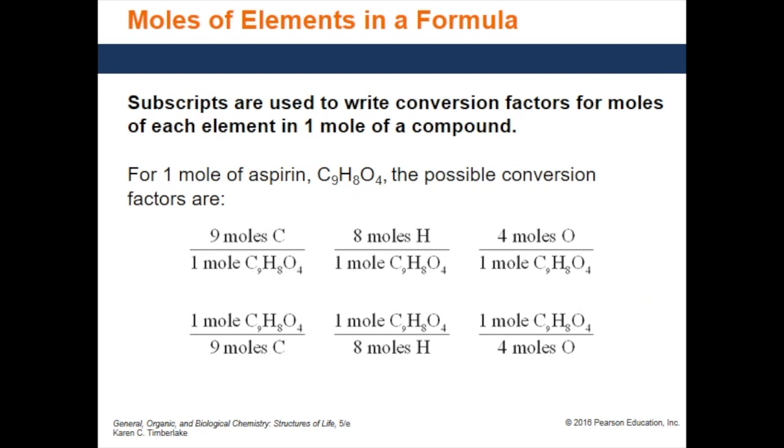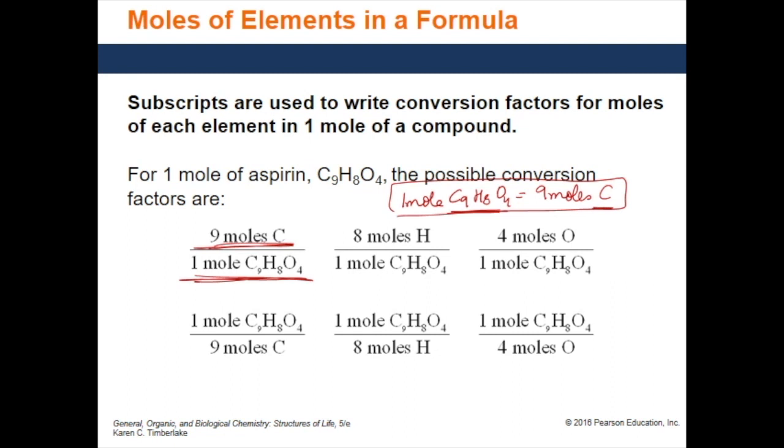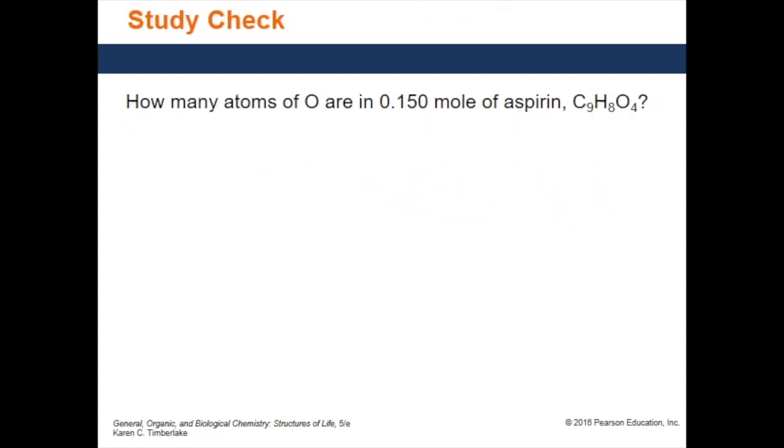So we can use this also as a conversion factor. For instance, 1 mole of C9H8O4 consists of 9 moles of carbon. So we can use this as a conversion factor: 1 mole of C9H8O4 is 9 moles of carbon. This is your conversion factor if you want to figure out how many moles of any element are present in this molecule. For instance, a question like this: how many atoms of oxygen are present in 0.15 mole